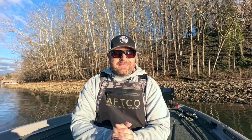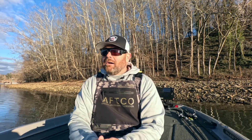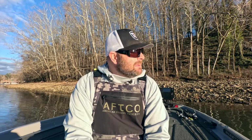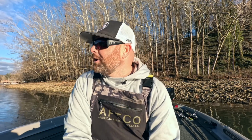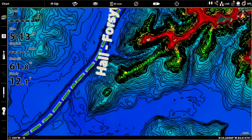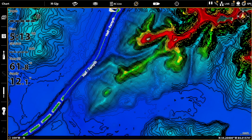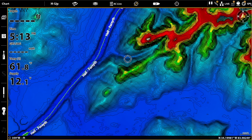Typically, that is your really tall dam, really narrow dam, really tall though, because it's typically damming up some kind of river canyon. You're gonna have long river arms, you're gonna have steep banks, bluff walls. Sometimes, with these storms coming in, you'll have lots of water movement, lots of current. Those fish are gonna be moving from the main body to your main lake points, and then going to your secondary points. They're gonna use those points as like stepping stones